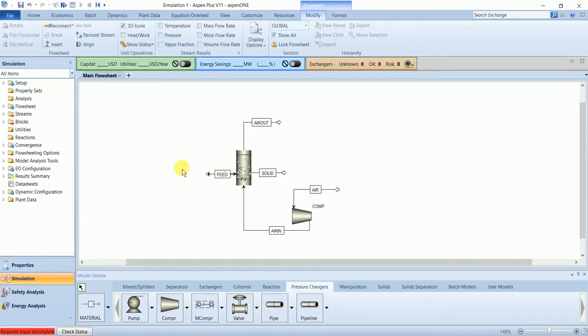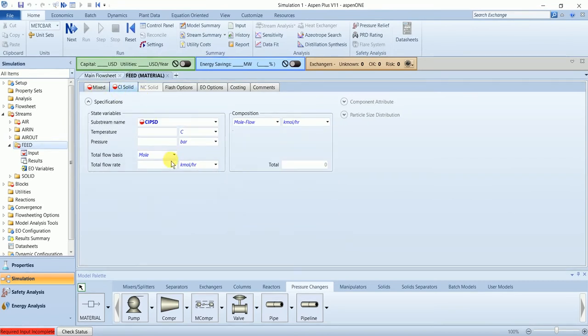Let's define the feed stream. In the feed stream, we have a temperature of 25 degrees C and pressure of 12 bar and flow rate of aluminum hydroxide is 300 kg per hour. In the particle size distribution,